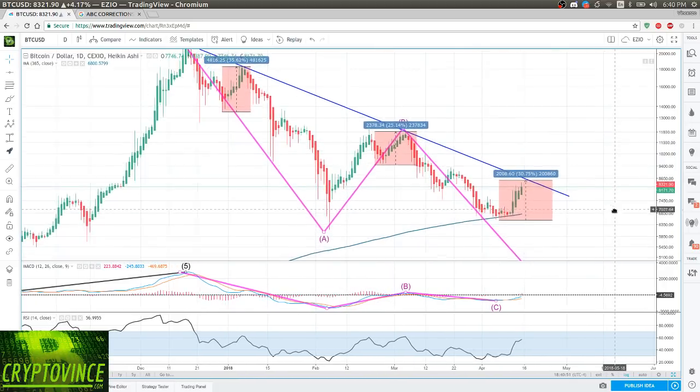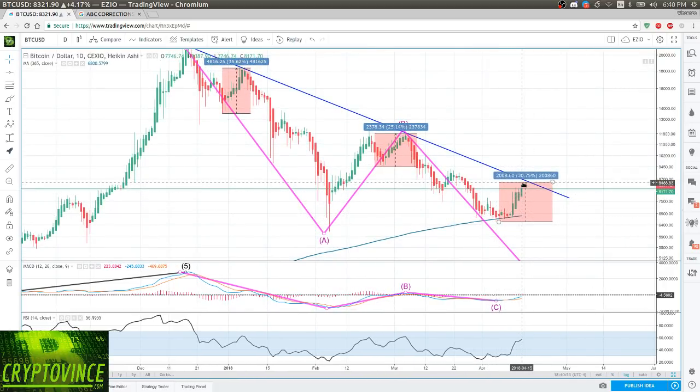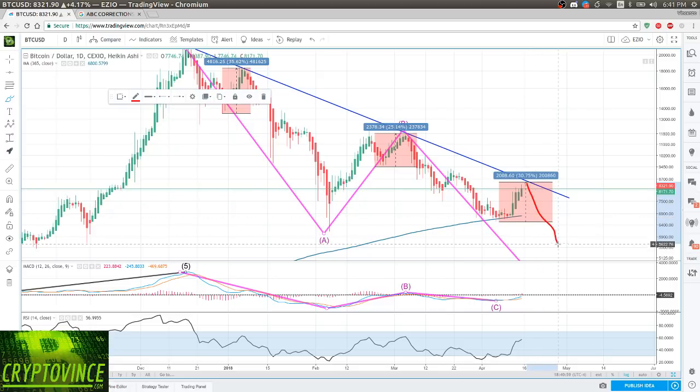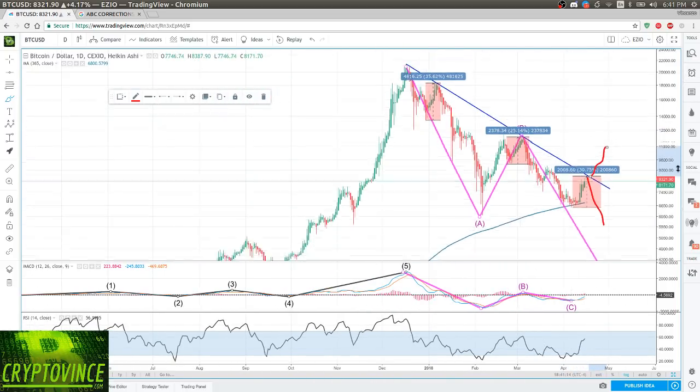But what I want to show you is that it doesn't mean that after we went up 30% we have to break. These things can go down, can bounce there, and it can go down. Or if we break, which is what we're looking for, a nice break will probably cause a huge pump of BTC, as we have seen in the past. Every time